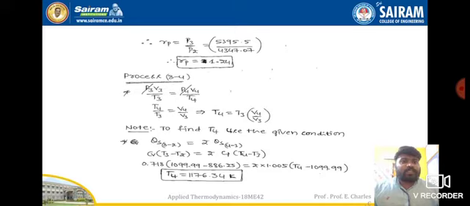Next one is the pressure ratio. Pressure ratio is P3 by P2. Both the pressures we know, so if you substitute, we will straight away get the value 1.24. And next, move on to the 3 to 4 process. The 3 to 4 process is constant pressure. So P3 V3 by T3 is equal to P4 V4 by T4. The P3 and P4 will get cancelled. So finally, we will get T4 is equal to T3 into V4 by V3.